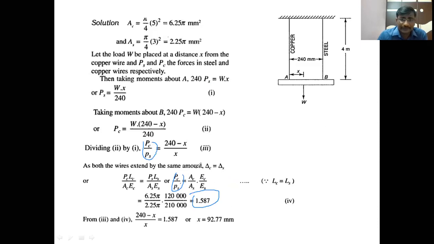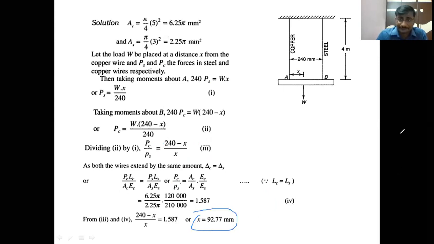Here students, from equation 3 and from equation 4, the left hand side is PC by PS. The right hand side is 240 minus X by X, and its value is 1.587. Then we can equate 240 minus X by X is equal to 1.587. From this equation we can get the X value as